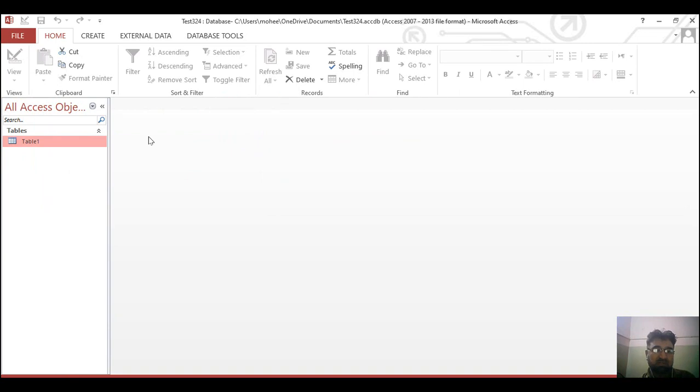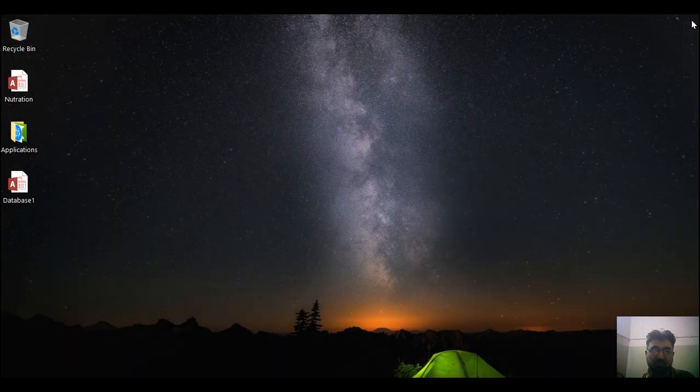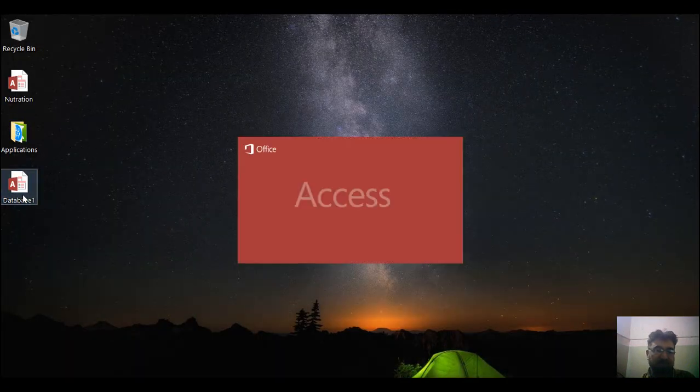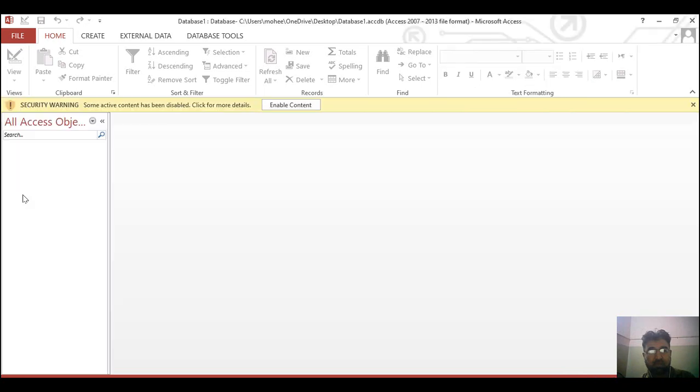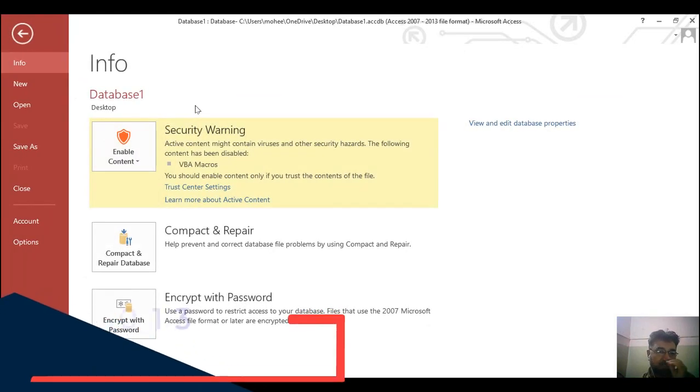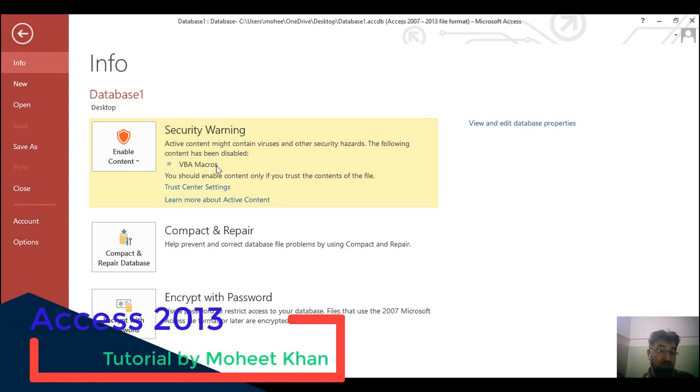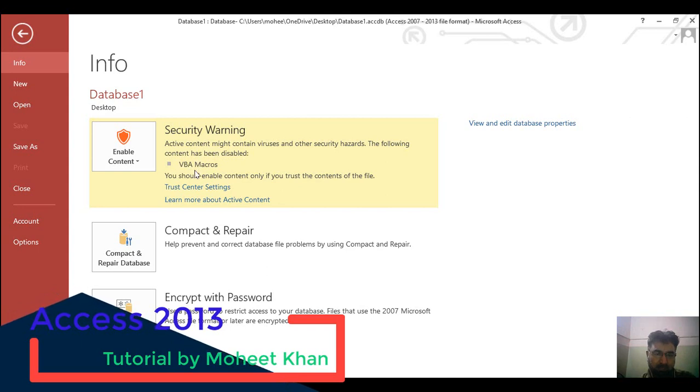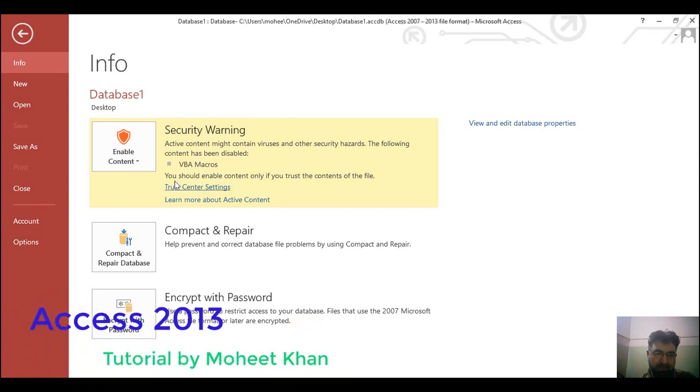Well, after getting an introduction to these, look at this, I'm closing Microsoft Access and I want to open this file again. Look at this, this is giving me a security warning. If I want to know more about this, I will click here and I can see that by default all VBA macros and VBA code are disabled.